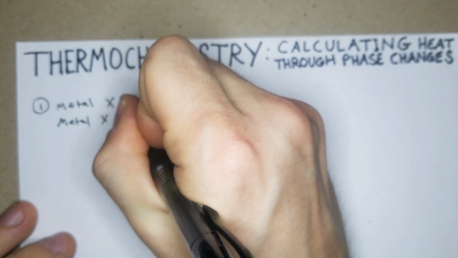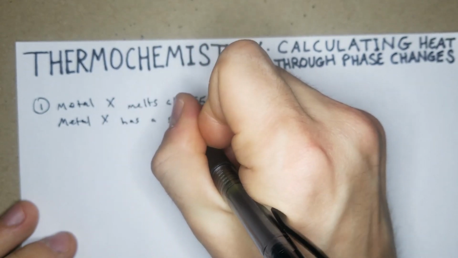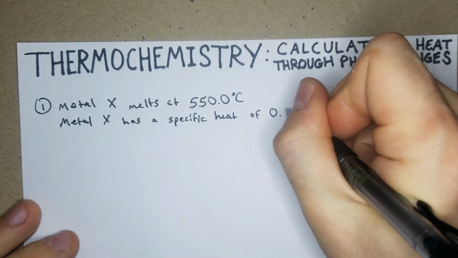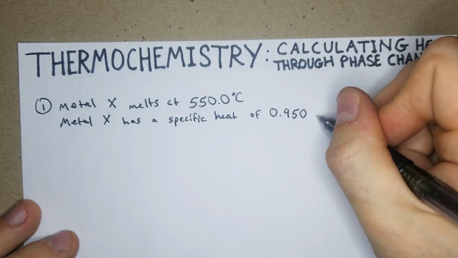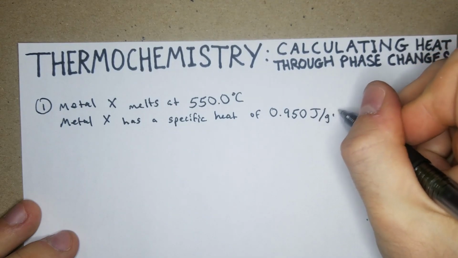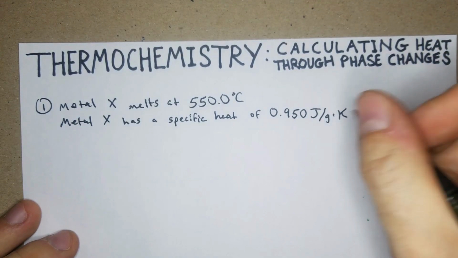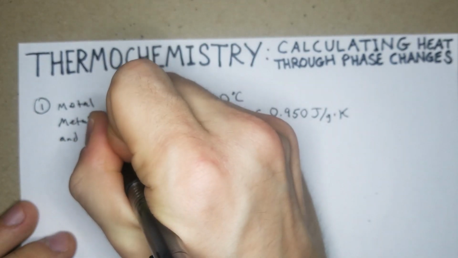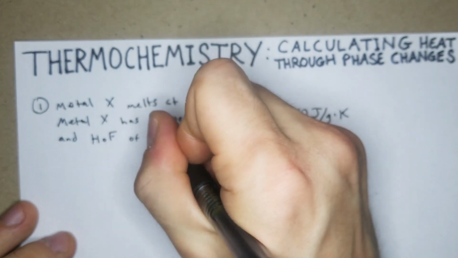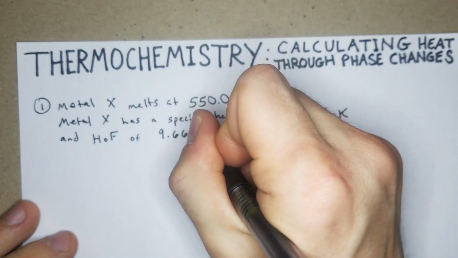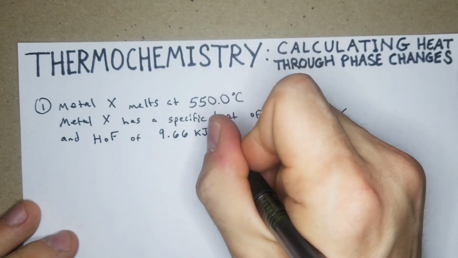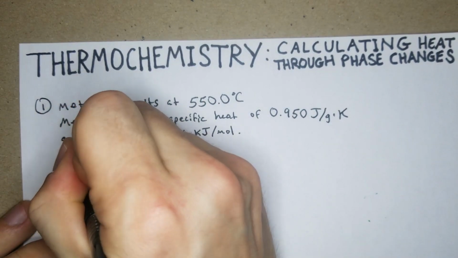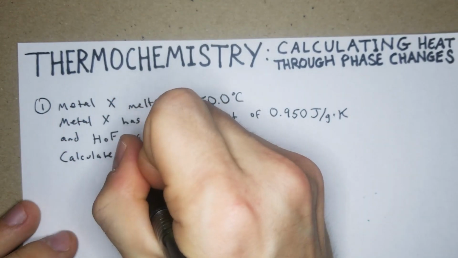Metal X has a specific heat of 0.950 joules per gram Kelvin, and has a heat of fusion of 9.66 kilojoules per mole. Those are our givens. Now we're going to calculate the amount